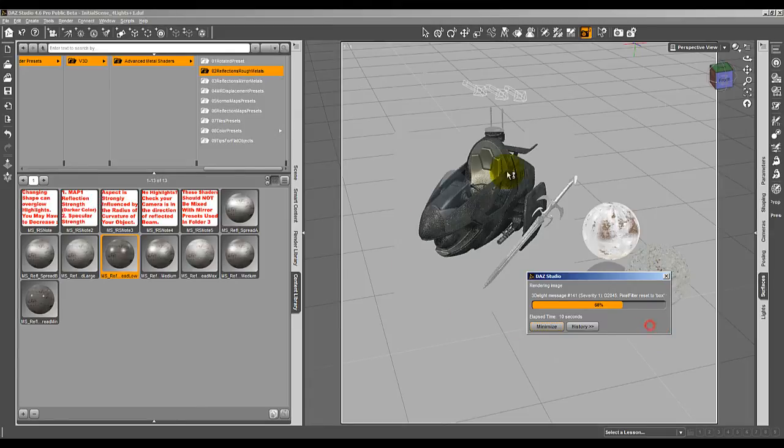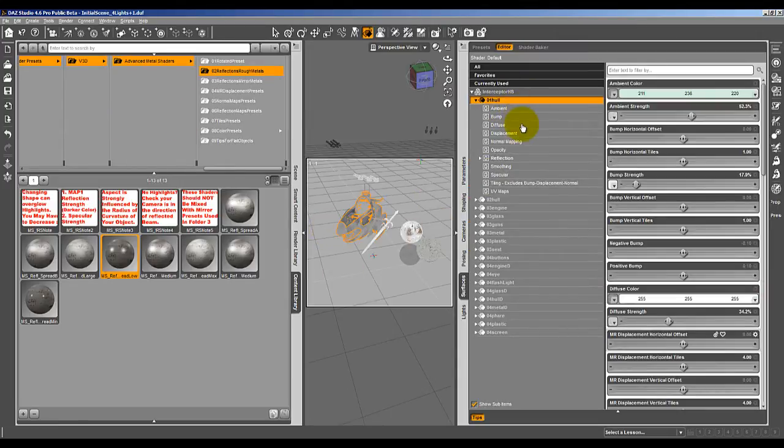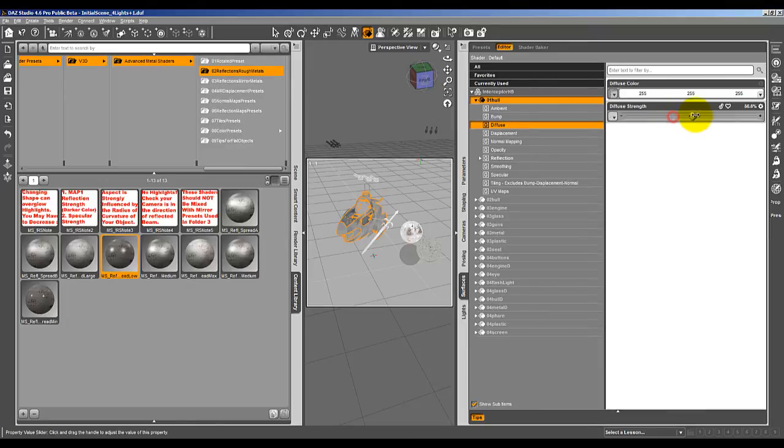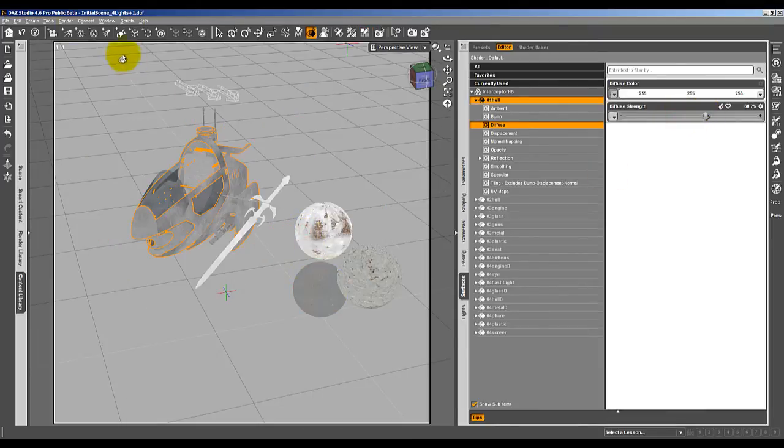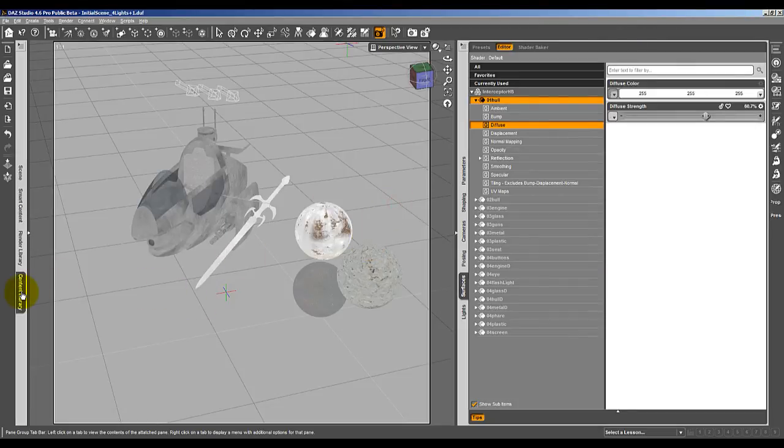and if you feel it is too dark, because I am under the impression that it's a little bit too dark, what you can do is go in the surface and adjust, as usually when a material is too dark, just increase the diffuse. Okay, and have a rapid look at it. With a stronger diffuse, it appears now much more clear, and you can have a really other impression